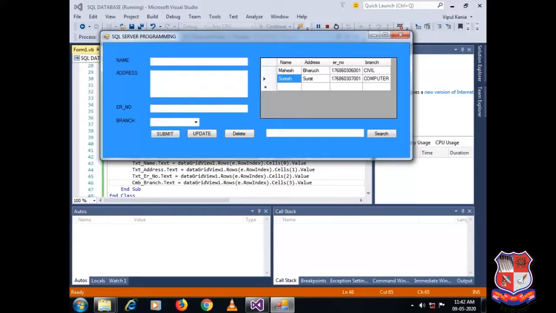Let's say new, then Janak, Navsari, 17660309001, electrical. Yes, the record has been inserted into my DataGridView control. Similarly, we can perform update and delete too. Let's do that.